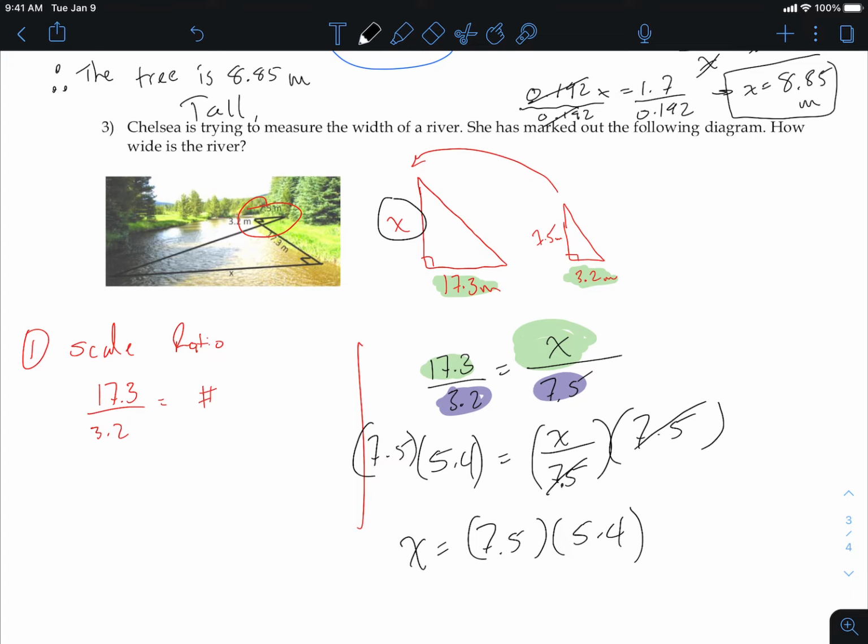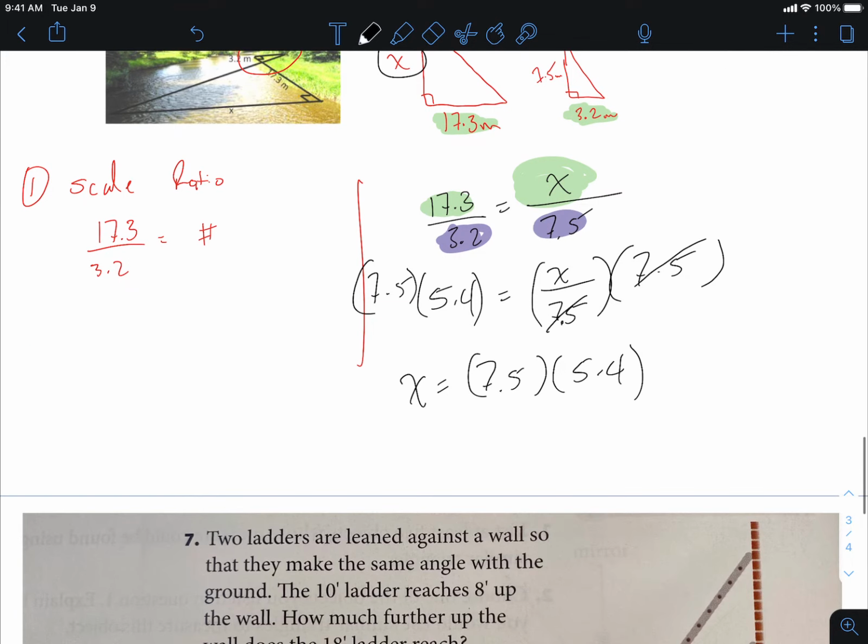So we take that answer, 5.4 multiplied by 7.5. It's 40.5 meters, right? Because this is a word problem, I would like to see, therefore, the river